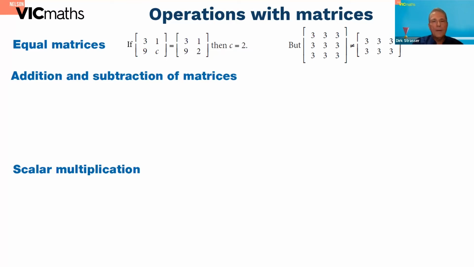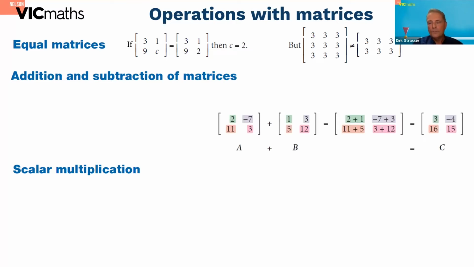We'll have a look at addition of matrices, which is fairly straightforward. It involves adding the matching elements in each of the 2 matrices to get the answer matrix. So, for example, you would add the first element of each one together to give the first element of the answer. You can see that there's A